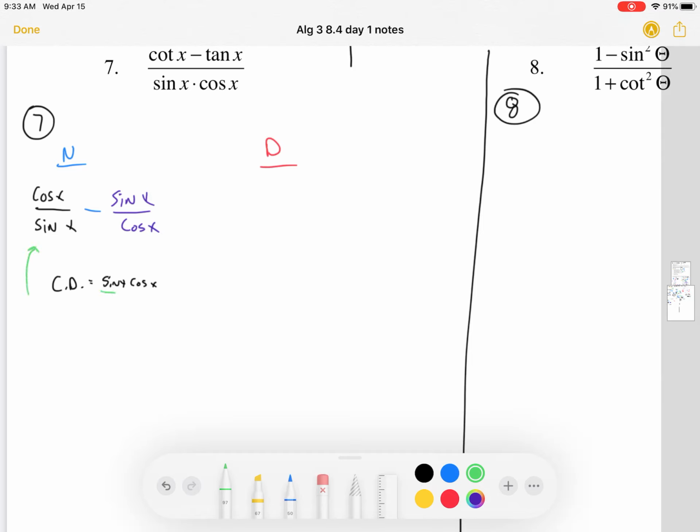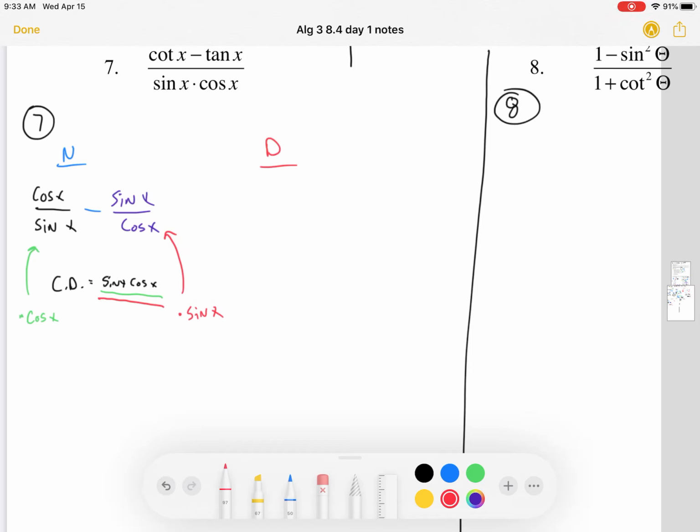The one on the left, for my denominator to look like this, I'm going to need to multiply it by cosine of x. What color should I do here? I'm kind of running out of them. This one, I need it to look like this on bottom. It already has a cosine, so I've got to multiply this one